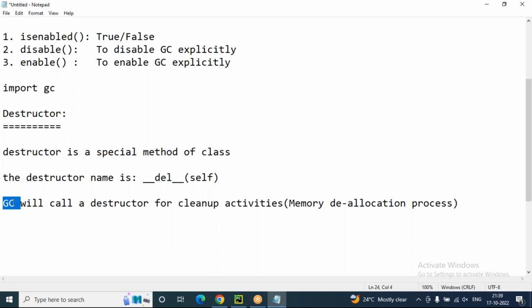objects. So the question is, who will destroy the objects? Your answer is the garbage collector will destroy the objects. When will the garbage collector destroy the objects? After completion of destructor execution. Who will call the destructor? The garbage collector will call the destructor. For what purpose? Cleanup